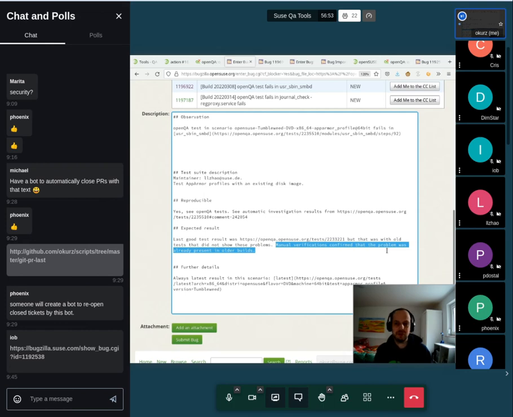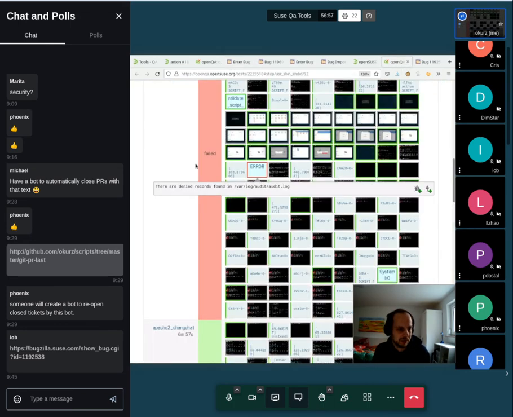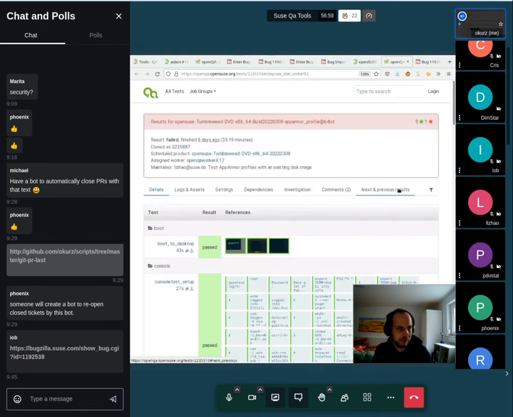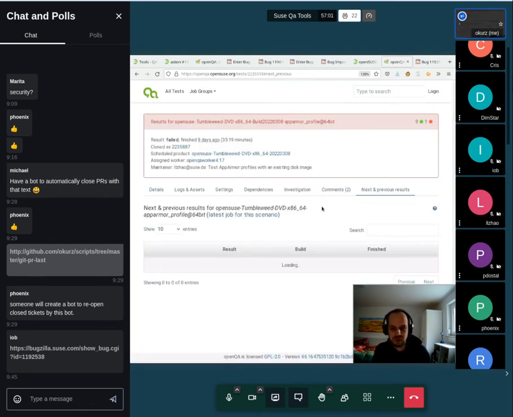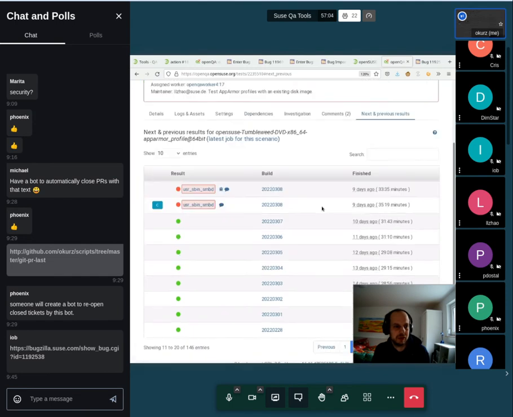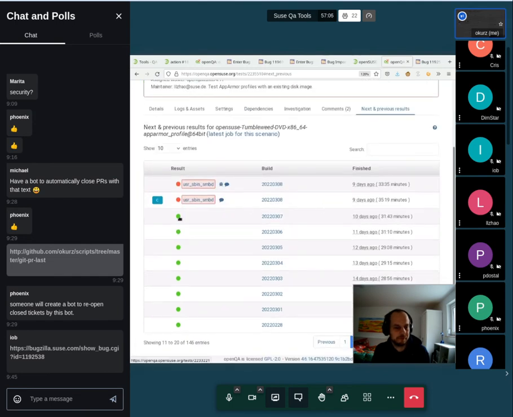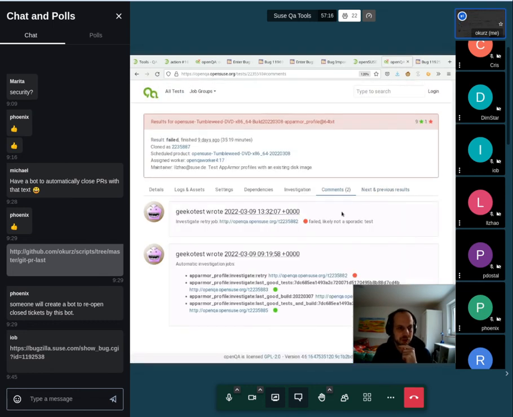We could even trigger an OpenQA job for that. For example, I could just clone what was formerly known as the last good builds, like that one, with newer tests, and see that it would also fail, right? That should confirm